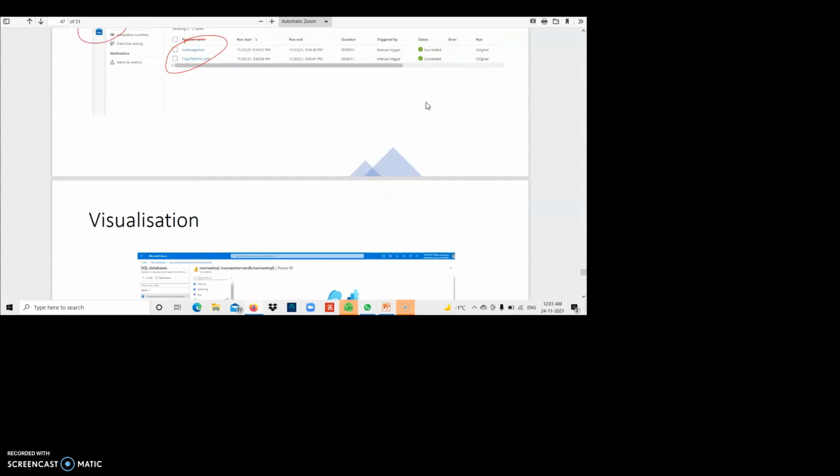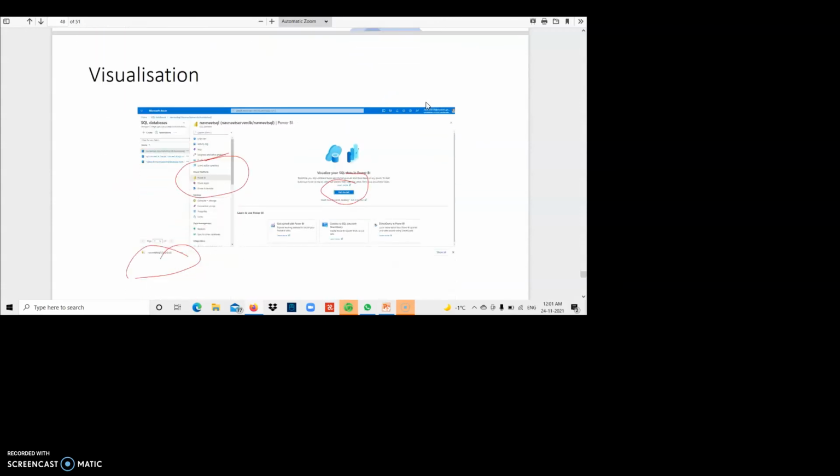Then afterwards one has to get the visualization. For this you just go to the SQL database, to the database which you have created, the dummy SQL database, which was empty, and now the data must have got mapped there. So now by